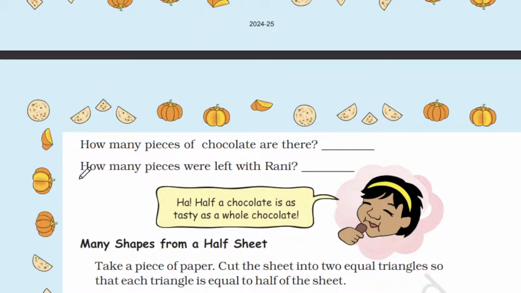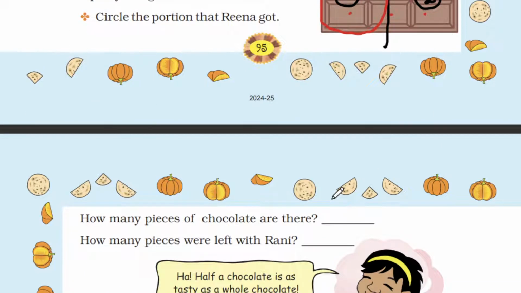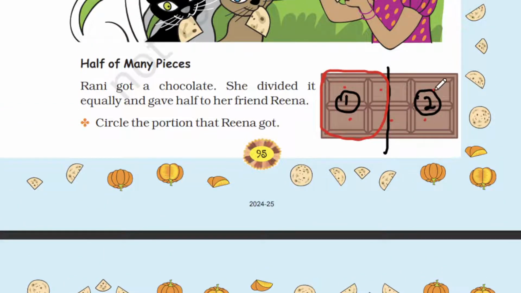Okay, so how many pieces of chocolate are there? We have 1, 2, 3, 4, 5, 6. Totally 6 pieces of chocolate are there. How many pieces are left with Rani? So how many pieces are now left with Rani? So 1, 2, and these two are small portions. When you divide this into 2, you will get